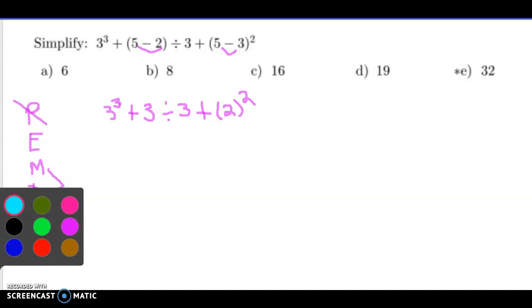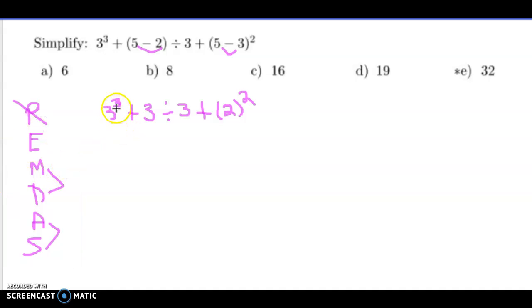I'm going to now look at exponents. I have exponents here, 3 to the third power. Try to remember 3 to the third power just means 3 times 3 times 3. 3 times 3 is 9. 9 times 3 is 27. So I'm going to go ahead and bring that down. Plus 3 divided by 3 plus, and then I have 2 to the second power, which means 2 times 2, which is